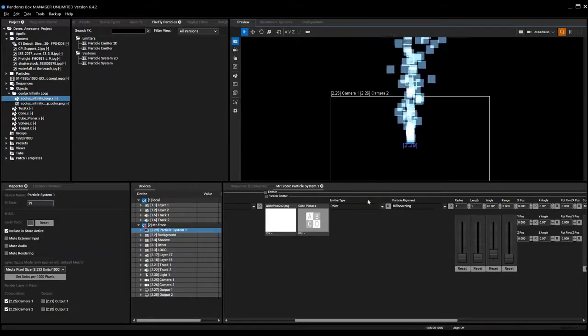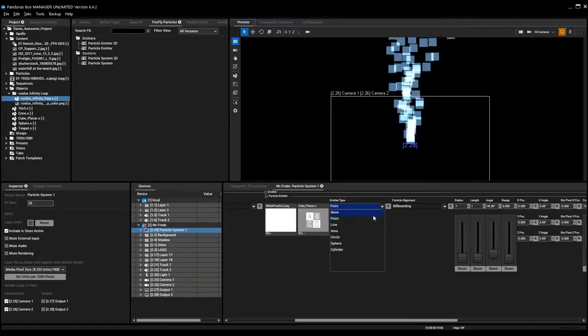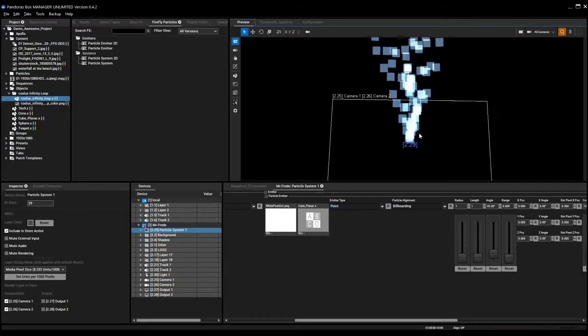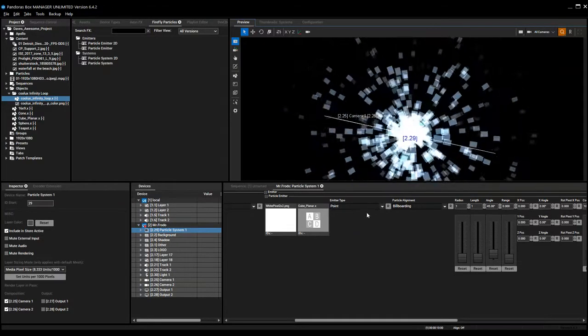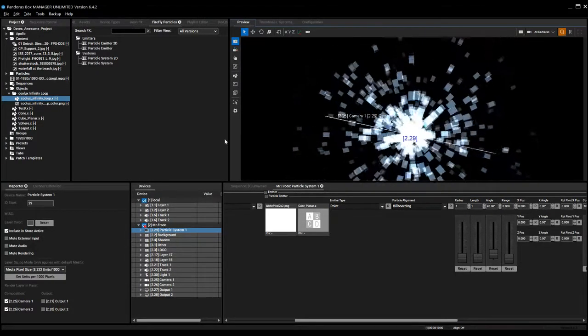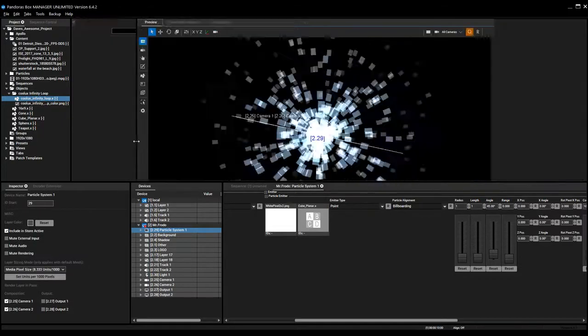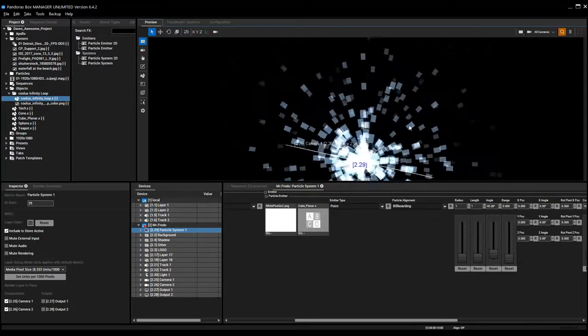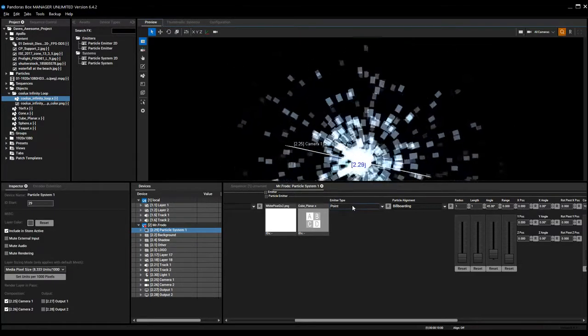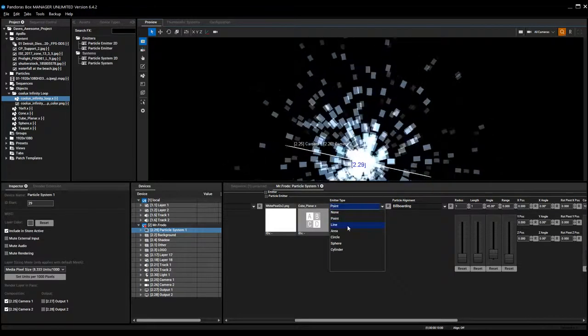Then my next section is the emitter type. So the emitter is the source of those particles, where it's coming from. I have it set up here to be a point, and if I look at it with my global camera, you can then see there's a point where I'm generating my particles from. I'm not sure how well that's coming up going through the GoToWebinar screen. So there is my point, emitting my